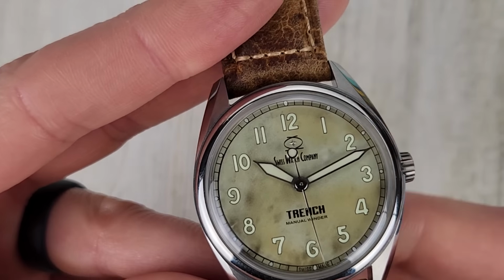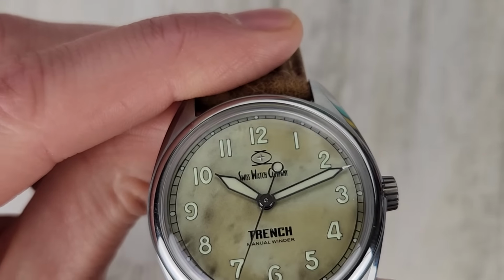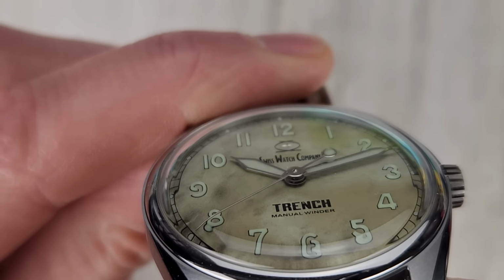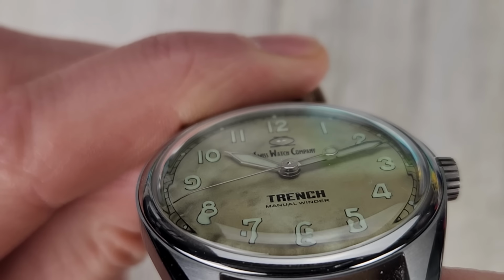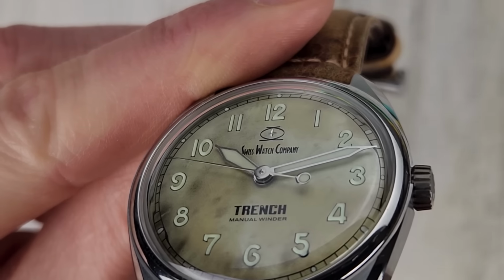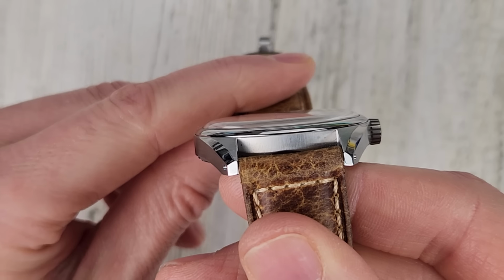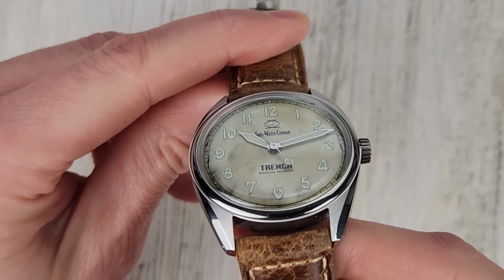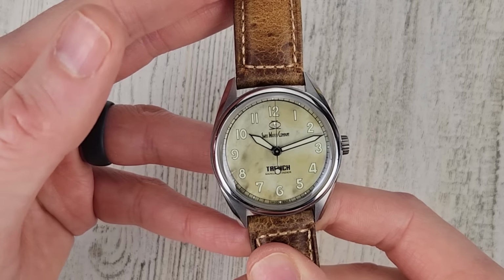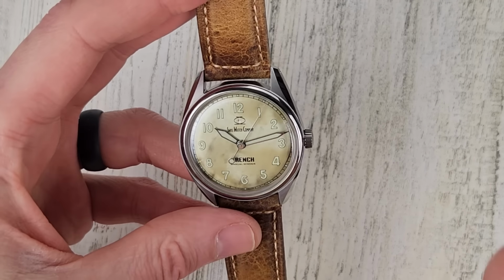And the indices, they almost look like they're applied, but I think they're printed, because you have 20 layers of C3 X1 Super-LumiNova. I think that kind of gives you that bulging appearance there to the indices. And I'm not sure if you can tell, but this has a domed dial as well as the domed crystal. Kind of a mix between a domed crystal and a box sapphire crystal. I have not had any issues with seeing distortion or reflections on the dial, but it is a little bit